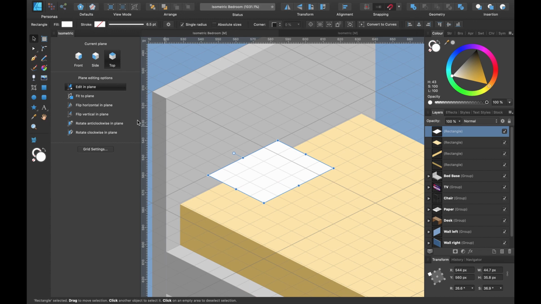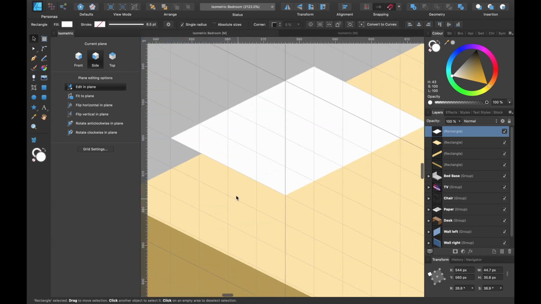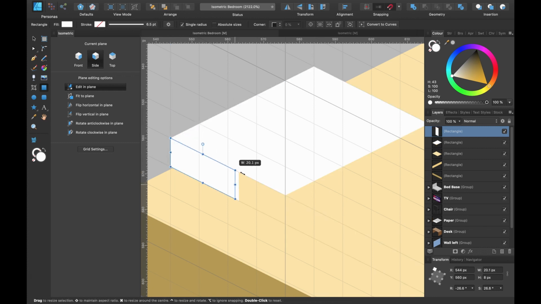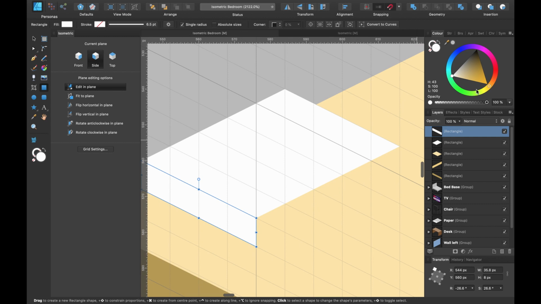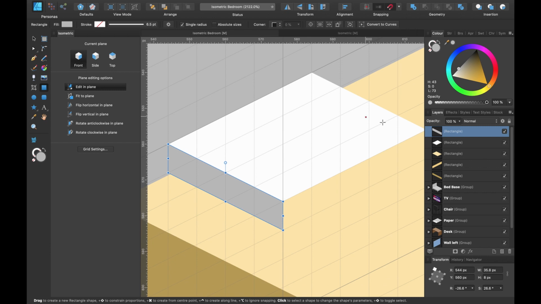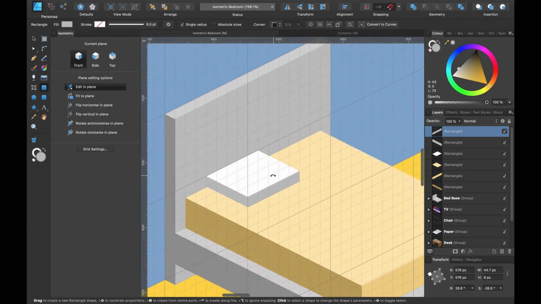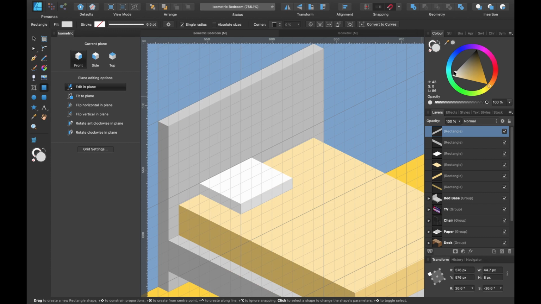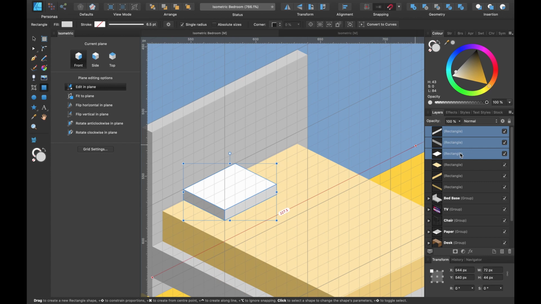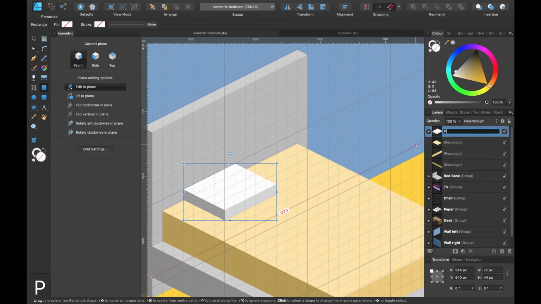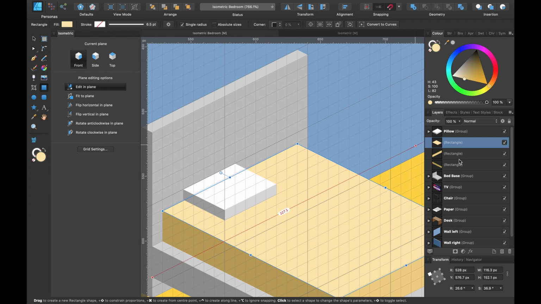Okay, now we'll just create the sides for this. And it's the same as we've been doing the whole time. Press M, drag up the thickness, go here. Slightly darker on the side. Switch to front, click the corner, drag down, get the thickness, drag the handle and out. So I'll just change the color slightly. And now I'll group this pillow, Command G, I'll just name it real quick. And I'll also group the mattress.